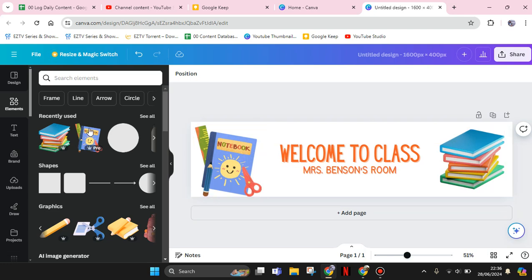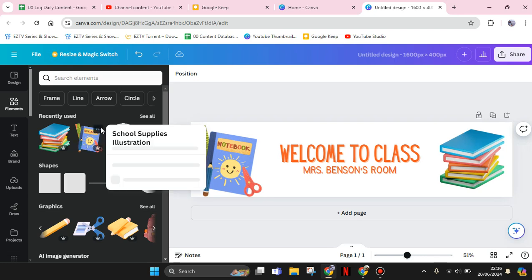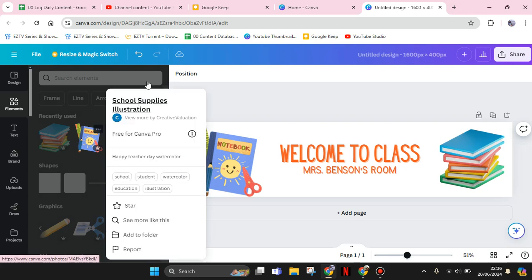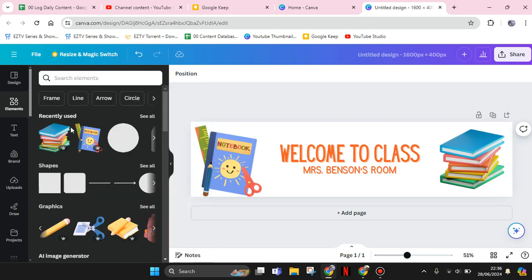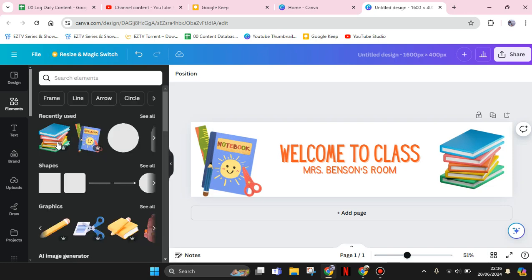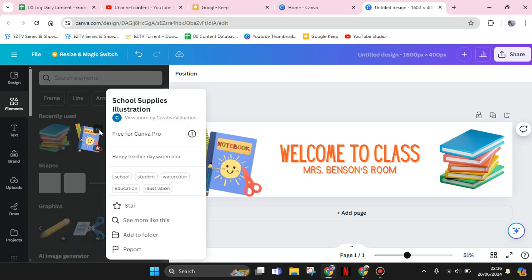You can just click on the three dots icon here at the top right corner of the elements, and that will be the name of the elements. Well, let's try on the second one. So the first one is school. Okay, so this one is 3D pile of book,